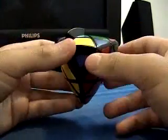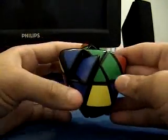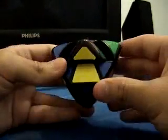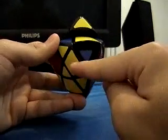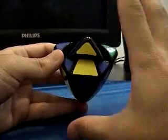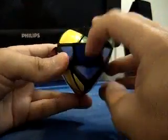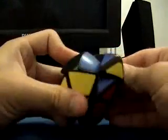But I'll just turn to this one and look that it's the red, yellow, blue, so I have to look for that corner. Nope. And there it is, the corner. Now we see if the one facing down matches this one. No, it does match this one. So there we can just do right U, right inverted, and there you go, we have it. Now sometimes you might have it this way,